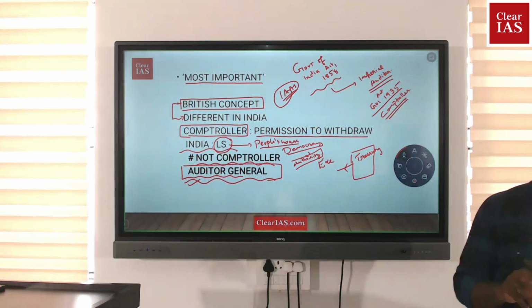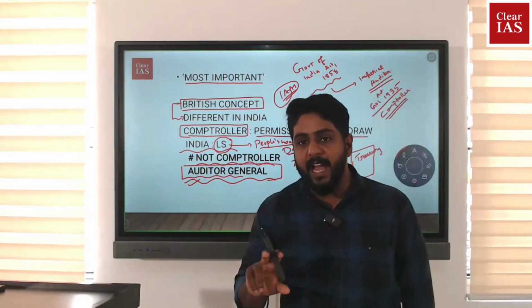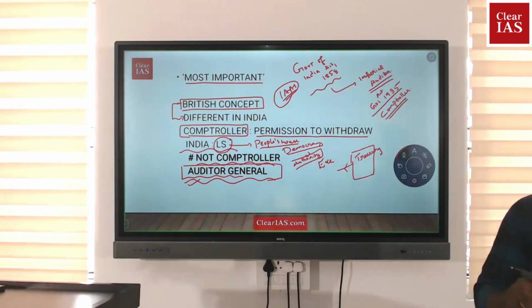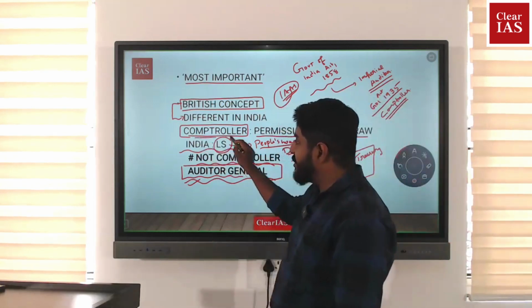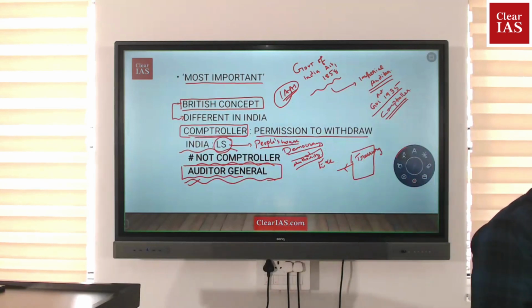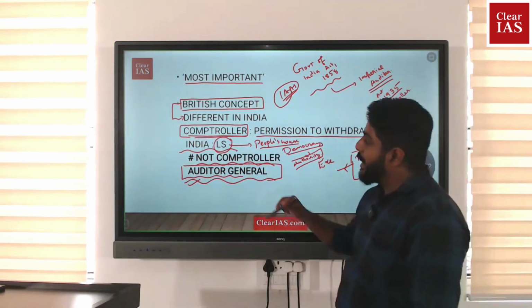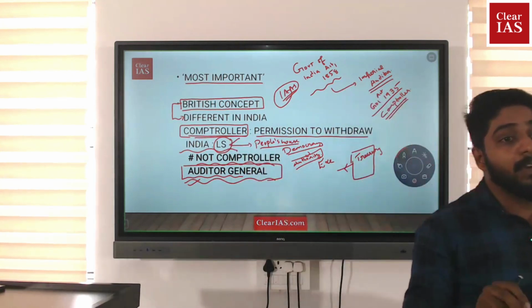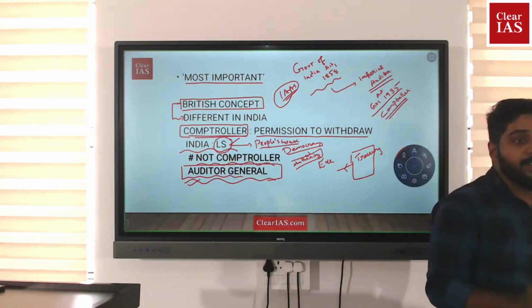Of course, there is no doubt it is a British concept, but it is not exactly copy pasted. It has a difference in India, or its application is different in India. Why? Because the term controlling means giving permission to withdraw money from the consolidated fund. In India, the permission to withdraw money from the consolidated fund is given by Lok Sabha. So in fact, in India, controlling functions are exercised by Lok Sabha, not the Comptroller and Auditor General, but still